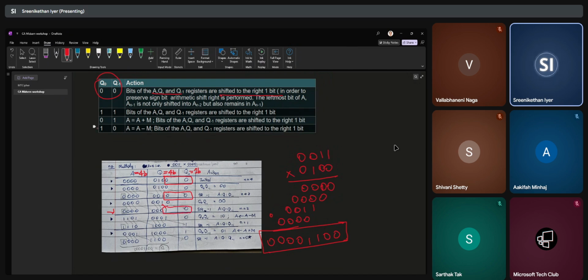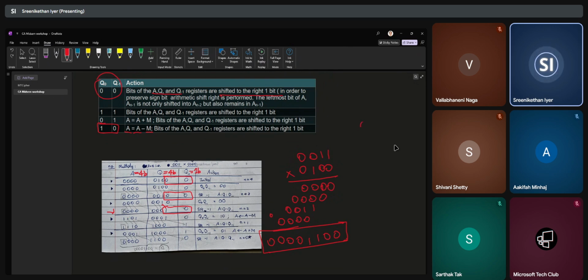Now the next value, as you can see here, is 1 and 0. So when you look at the table, you have to perform this kind of an operation. You have to say A is equal to A minus the M value which you had taken. So you have to perform the subtraction in binary. The A value is all zeros. The M value is 0011, which is 3. So basically you have to do the 2's complement logic and do the subtraction of 0000 minus 3. And minus 3, if you write it in 2's complement, is basically,